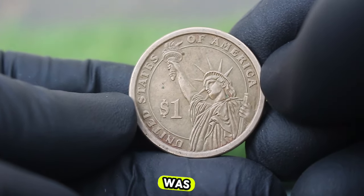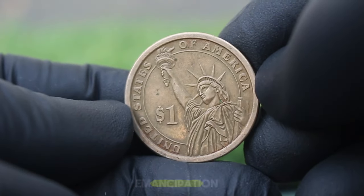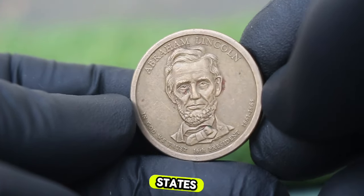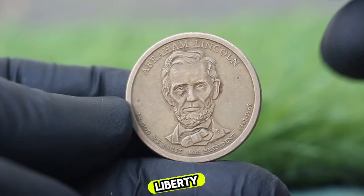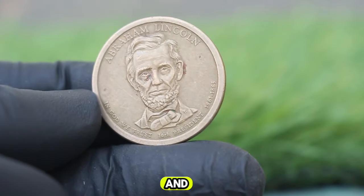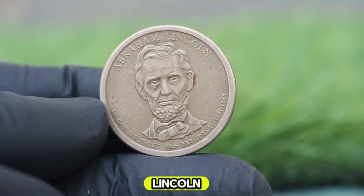Lincoln's presidency was defined by his commitment to preserving the Union during the Civil War and by his Emancipation Proclamation, which sought to free enslaved people in the Southern states. His image, now synonymous with American ideals of liberty and justice, is seen on countless coins, monuments, and pieces of memorabilia. The gold-plated Abraham Lincoln